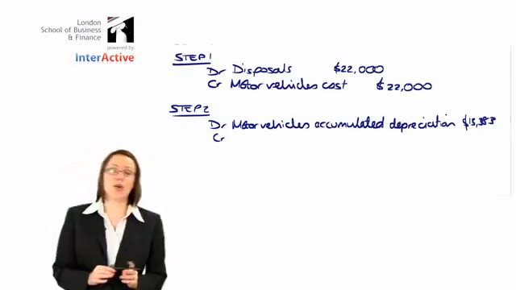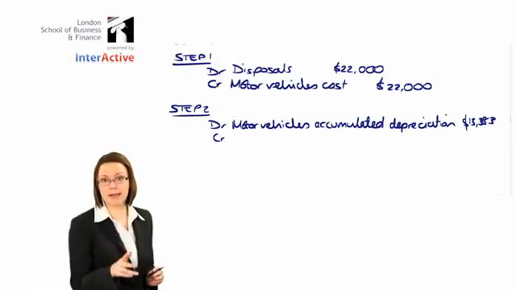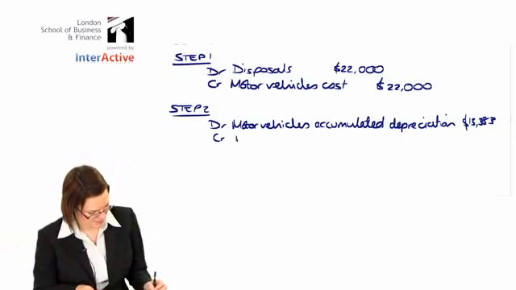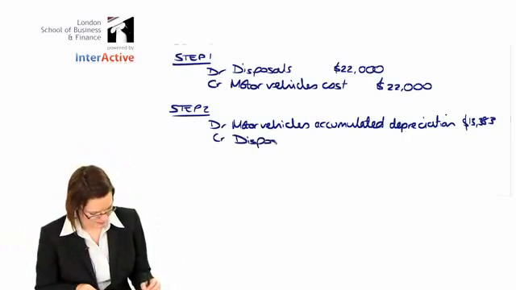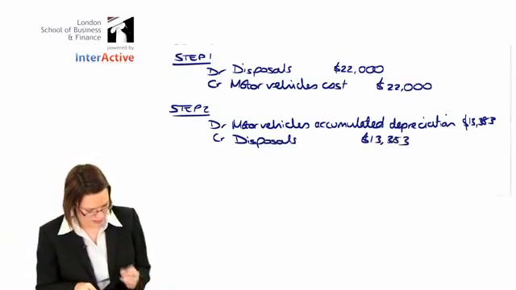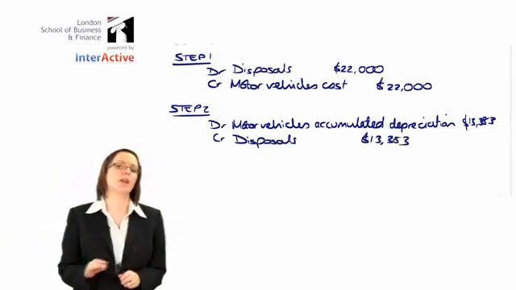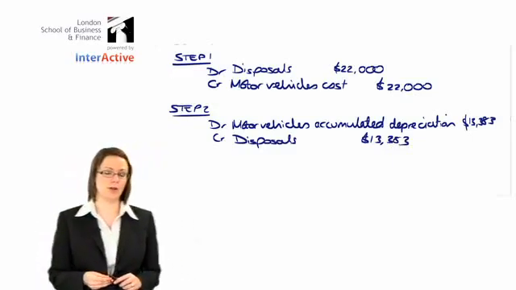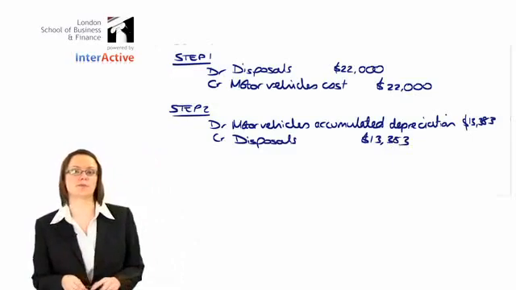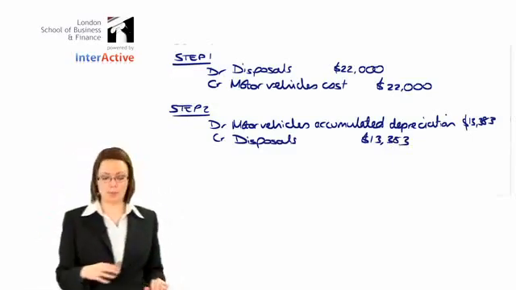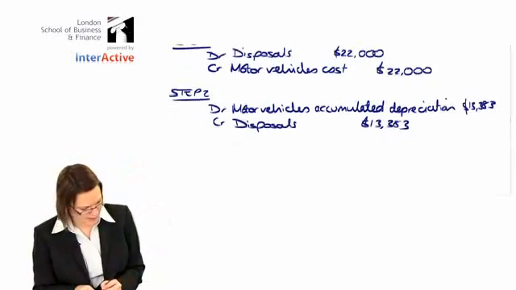So, our credit entry then, if you can remember the debit, the credit must go to disposals with the same amount, 13,383. Don't worry, we're going to see the disposals account in a bit more detail. Okay, for now we're just doing the journals. So steps 1 and 2, you're removing the asset from your books. Step 3,